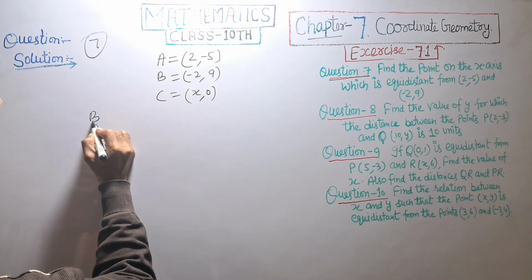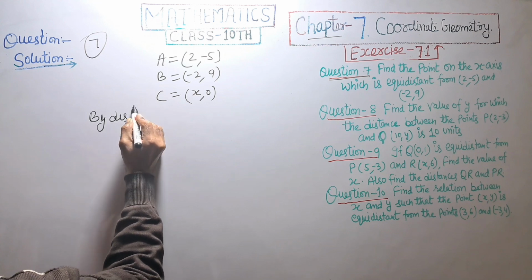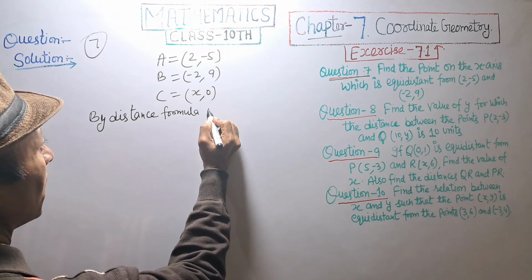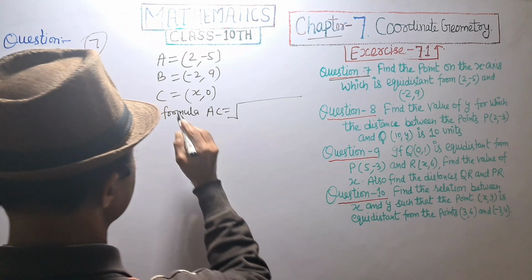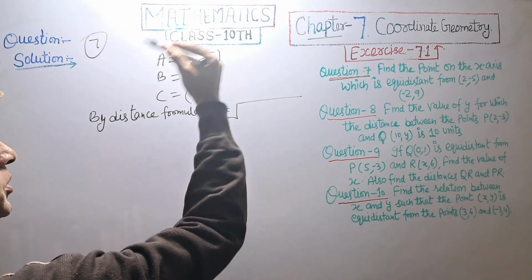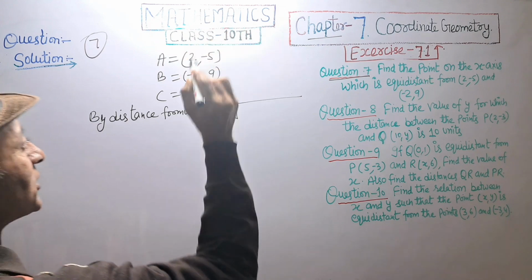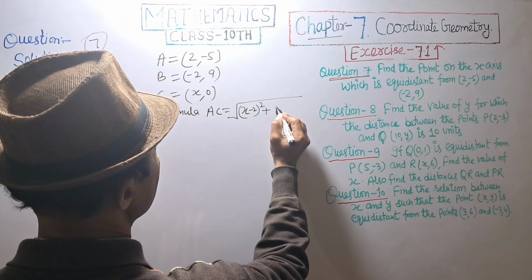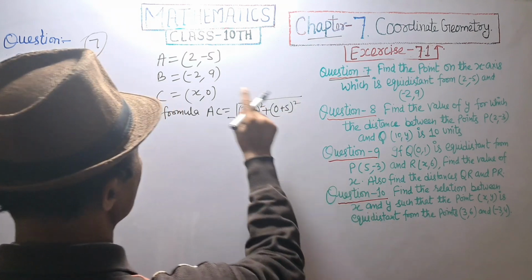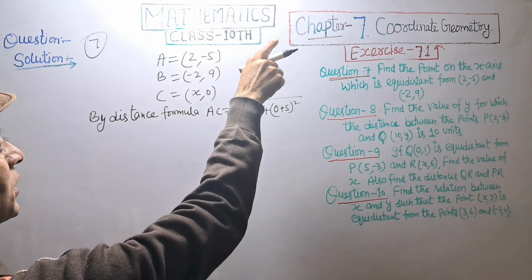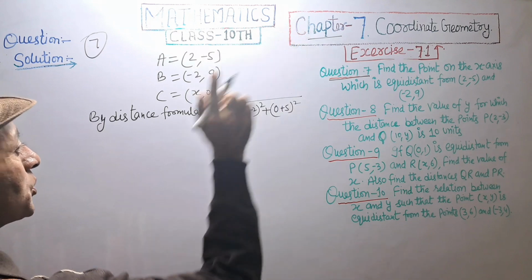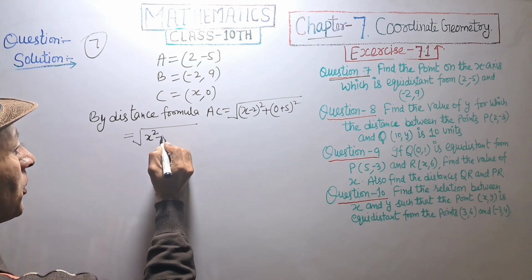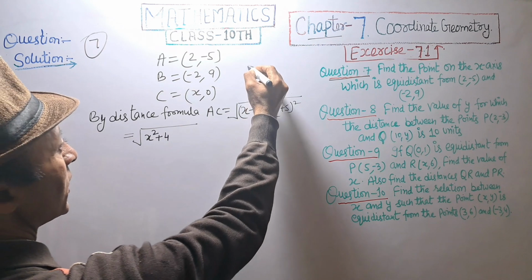By the distance formula, AC is equal to the square root of (x2 minus x1) squared plus (y2 minus y1) squared, which is (x minus 2) squared plus (0 plus 5) squared. Using (a minus b) whole squared is equal to